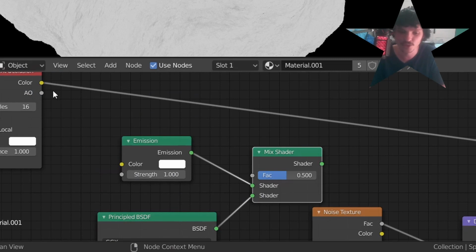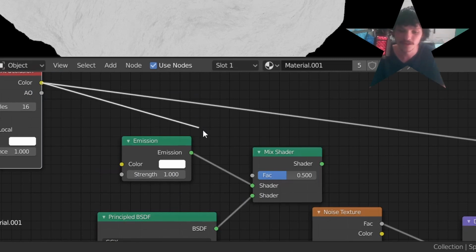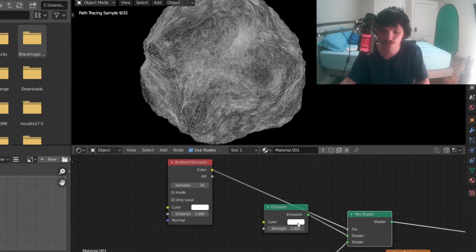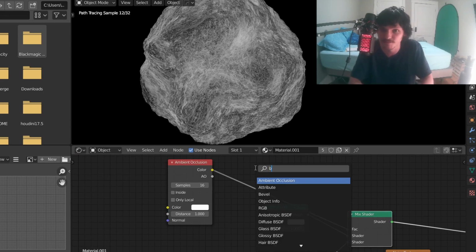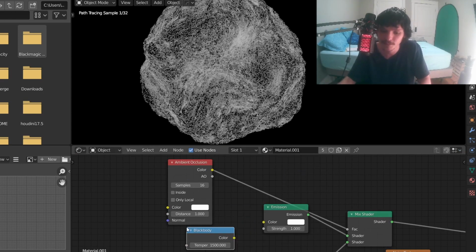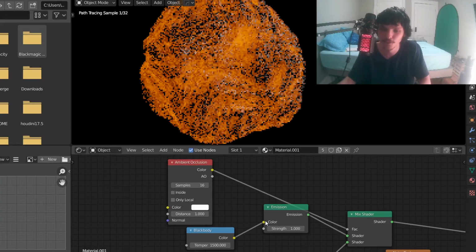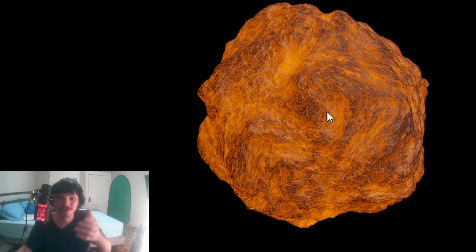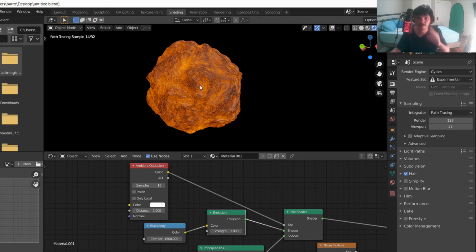and use the ambient occlusion node from all the way from before. Connect this into factor. View this, and what we can now do is use a better color. I recommend that instead of picking a color, use Black Body. Black Body, pick a color. Now we have pretty good looking lava. It looks much more realistic than Ducky's garbage lava, but we want to have a bit of control, so let